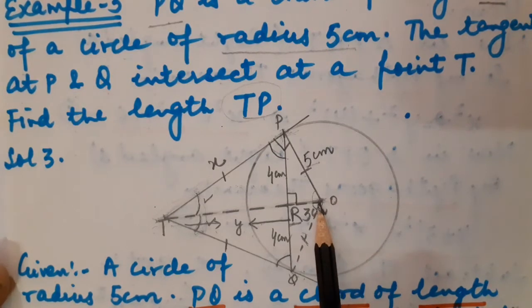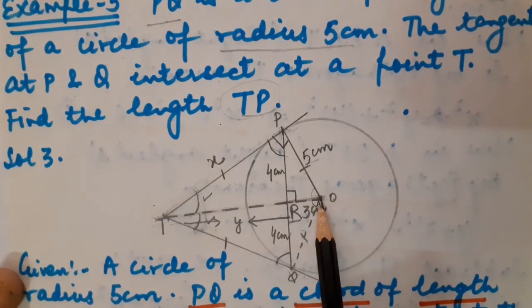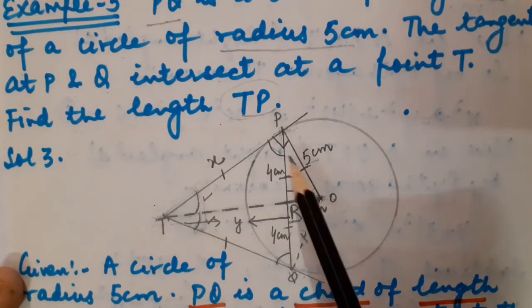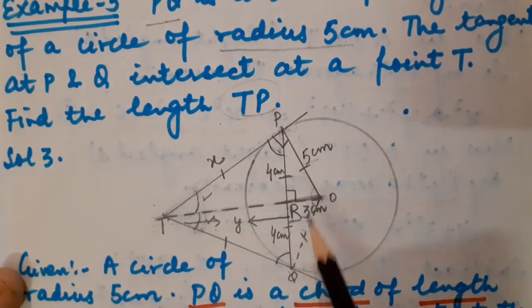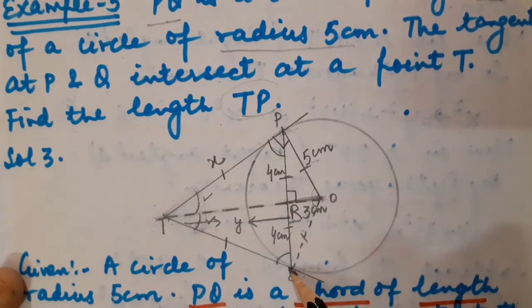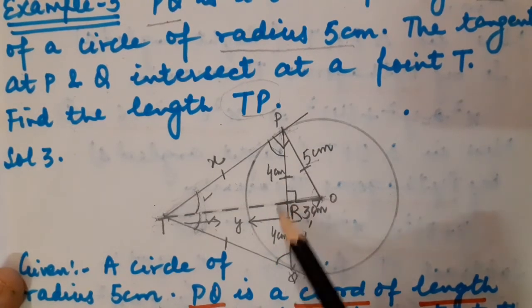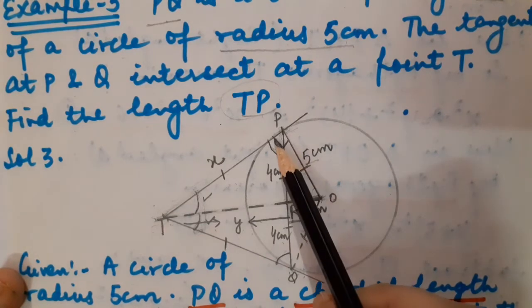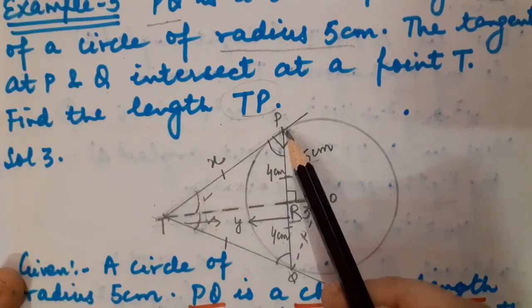So children, you learnt this theorem in class 9th. Even I made you recall it in the previous lecture as well. Whenever a perpendicular is drawn from the center point, it bisects the chord. So when the chord was of complete 8 cm, it means PR must be equal to RQ. So both will be 4 cm each. Okay. And children, we know that radius is perpendicular to the tangent.